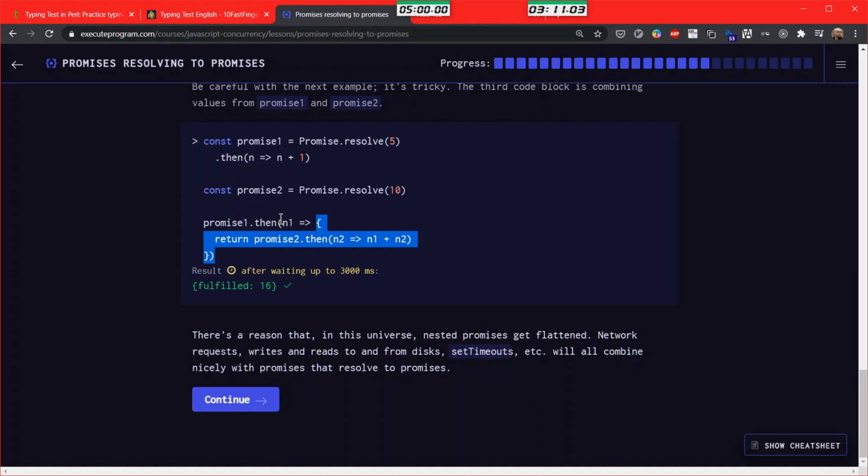I would believe the n1 lives only inside of here, respectively inside of there, because here we get it, and inside of the highlighted it lives.